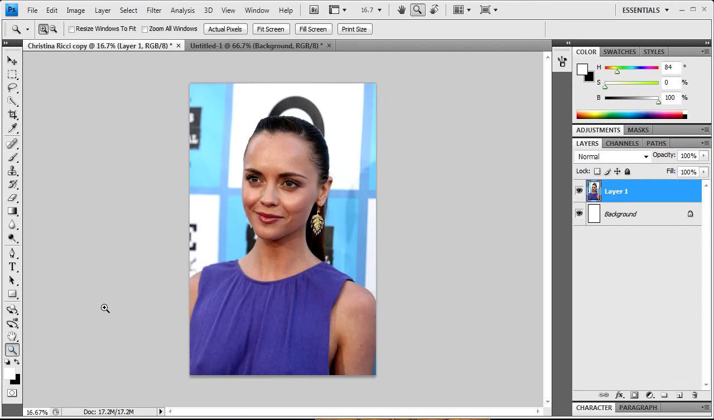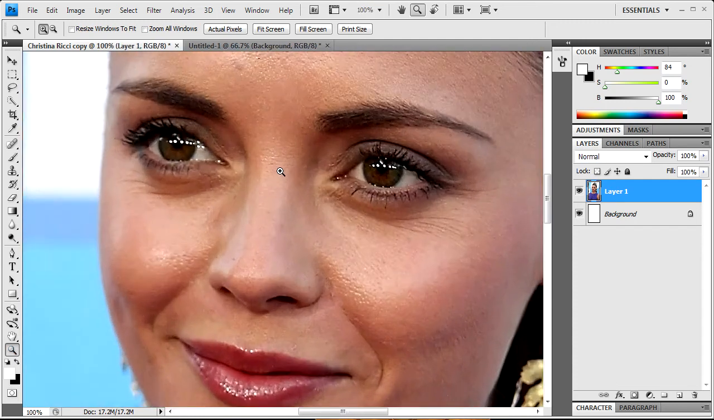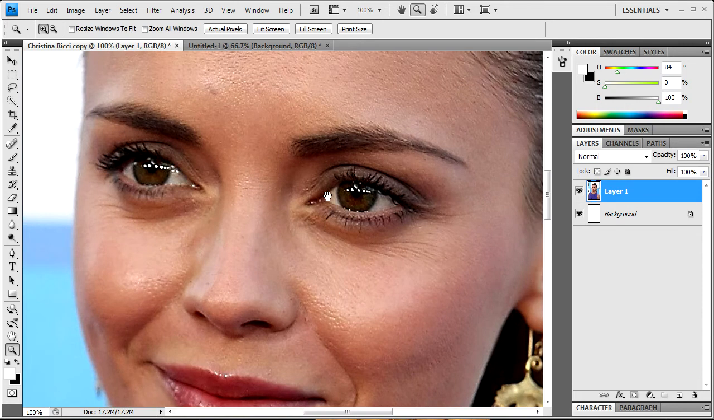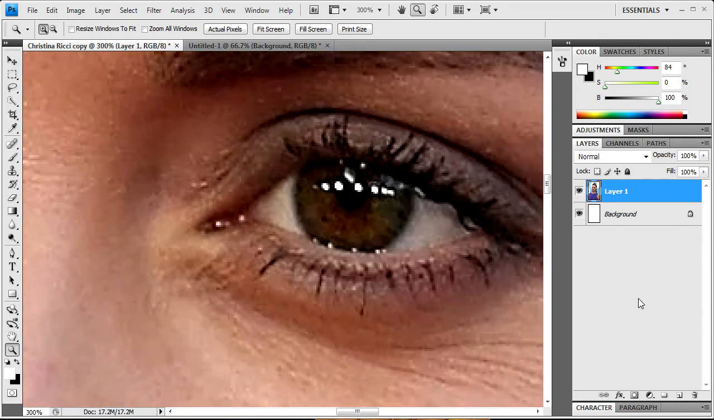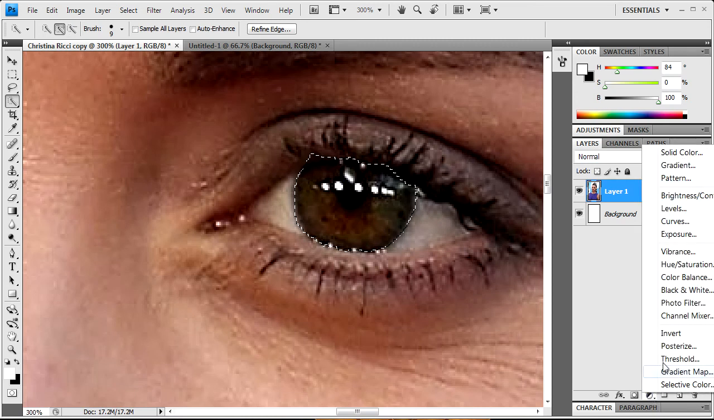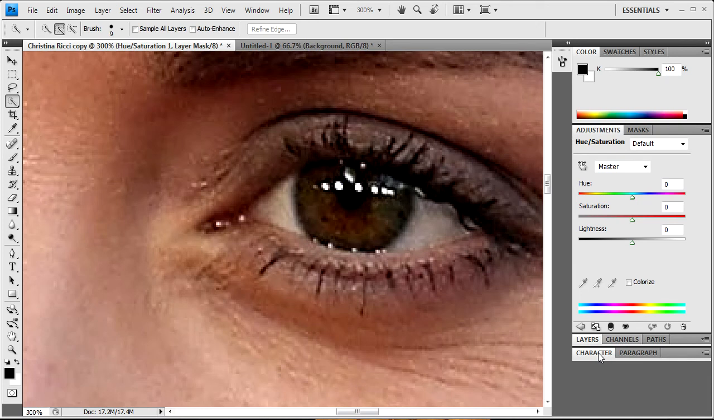So let's start with the eyes, shall we? We're gonna zoom in quite a bit here, the eyes. And let's do like this. The quick selection tool. It's kind of an interesting little tool we can work with here. And you can see here, you can make a rough selection. Doesn't have to be perfect. It's kind of hard to work with this tool if you're working with subtle changes in hue, but this kind of looks good. So let's go into hue saturation,